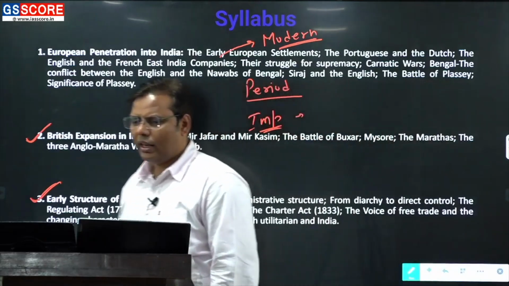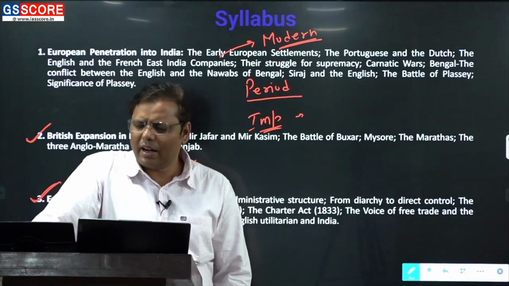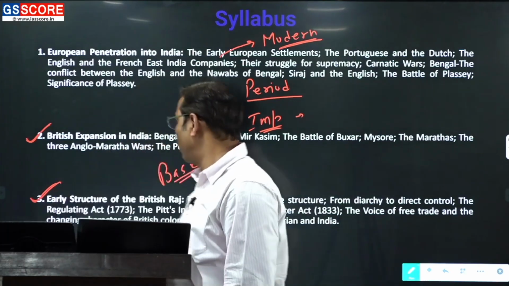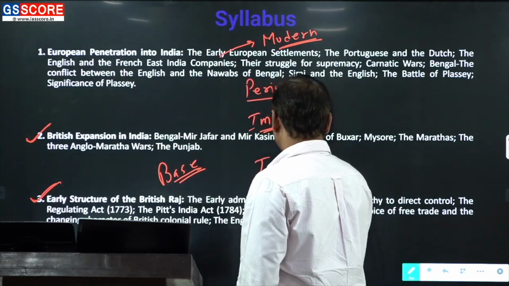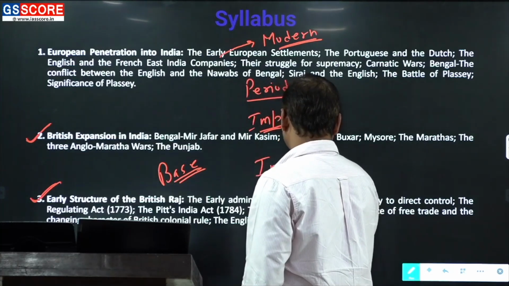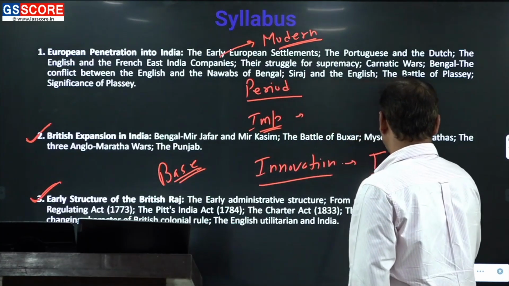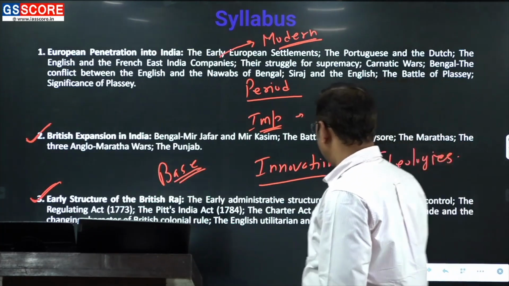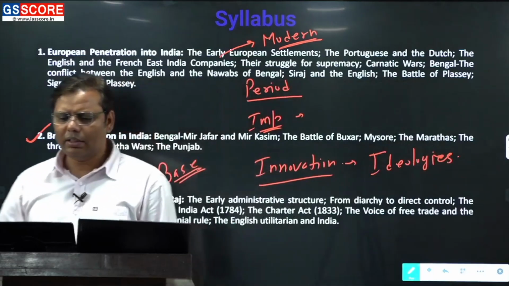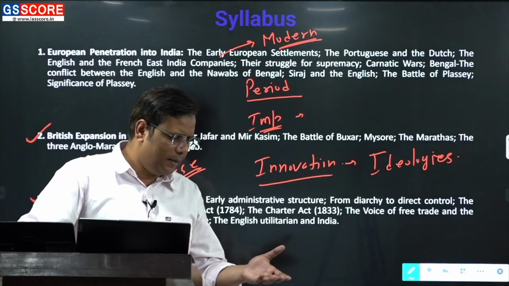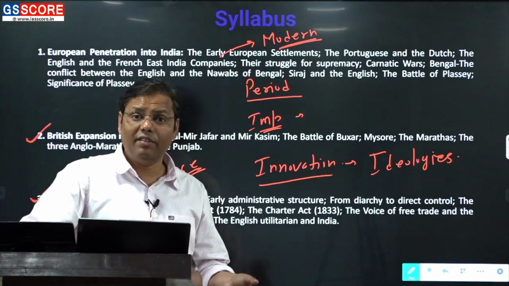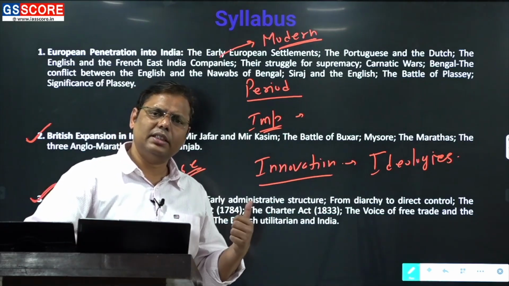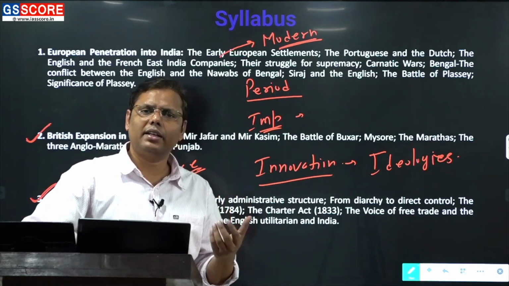But at the same time, I should say, do you have something new to talk about here? Frankly speaking, not. But here also they are trying to become a bit innovative. And what sort of innovations can be noticed here? If you see the questions, now more ideology based questions are coming. What are the ideologies that I have been talking about? The ideologies simply mean, let's say, the Orientalist ideology, the evangelical ideology, the utilitarian ideology. So you can find that the questions are being asked on the same thing, but then they're being twisted and connected with the ideologies.